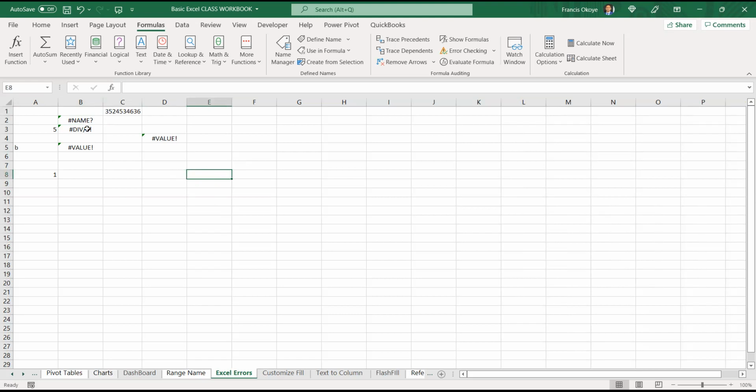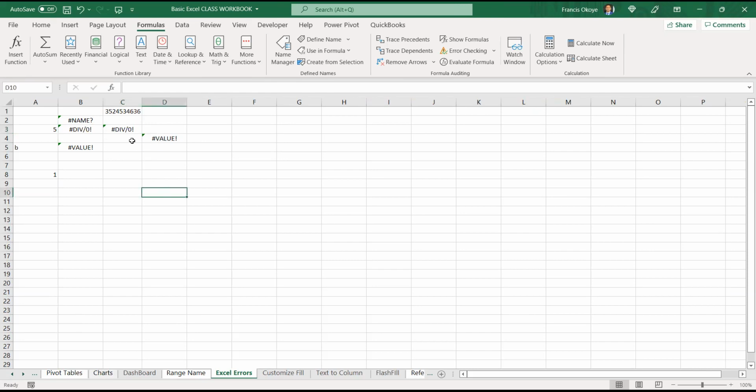Then division means that if I want to divide, for example, 5 by an empty space, can you see that? In mathematics, when you divide by 0, what will it give you? A number divided by 0 is what? It's impossible. So that's exactly what you are going to have. You cannot divide that number by 0.